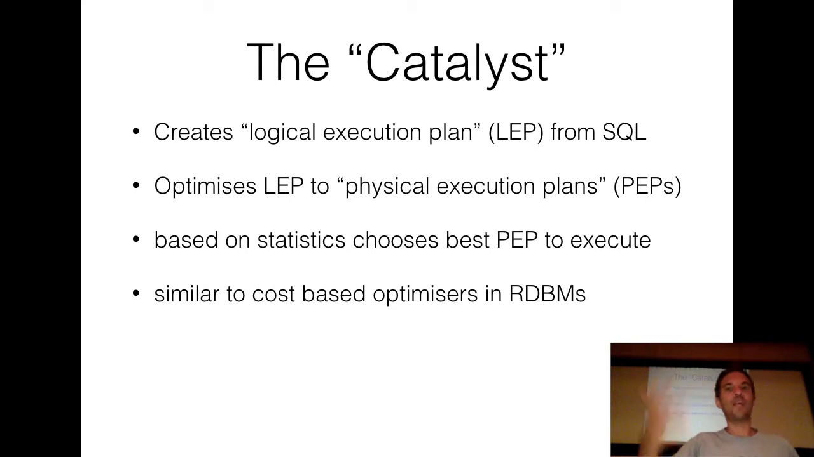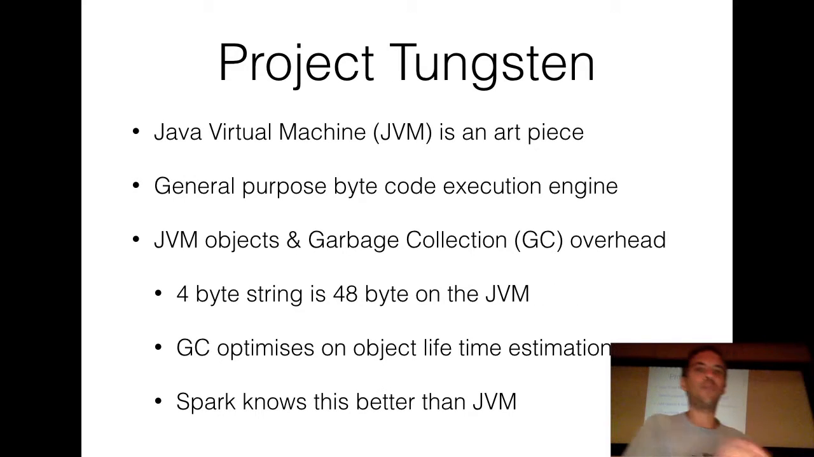So that results in a logical execution plan which can be optimized and then compiles down to physical execution plans. And based on statistics, you can choose the best physical execution plan. So that's very similar to cost-based optimizers in relational database systems. In addition to that, Project Tungsten is pimping the JVM